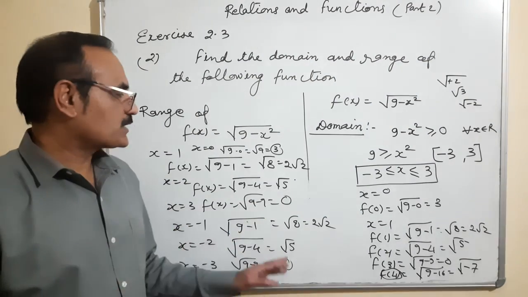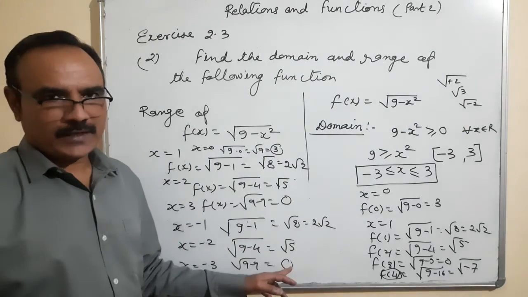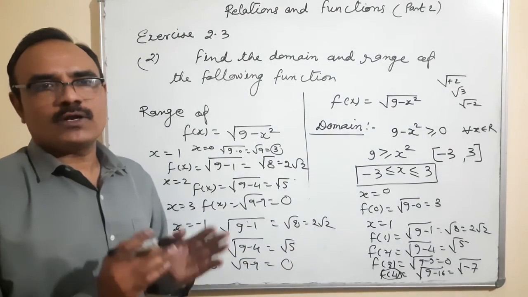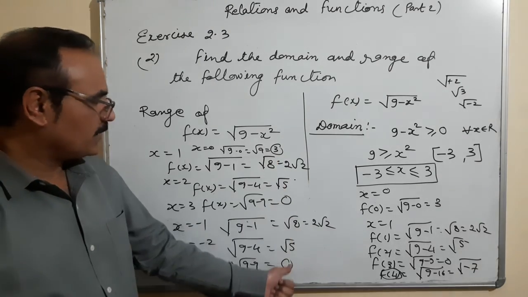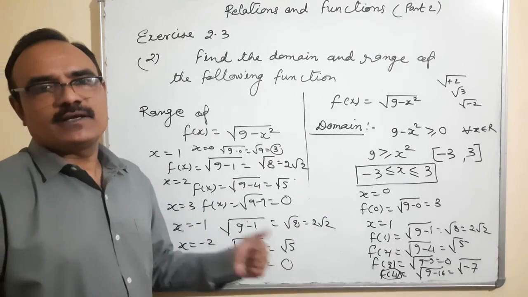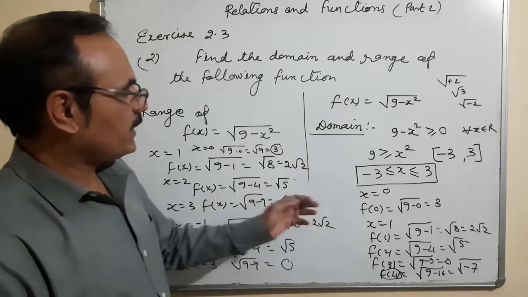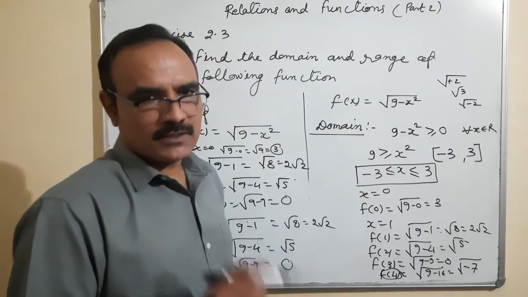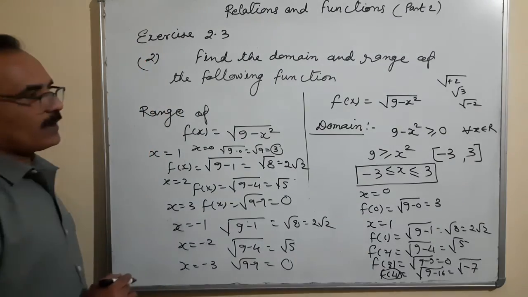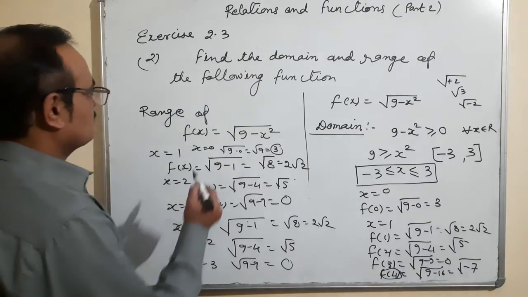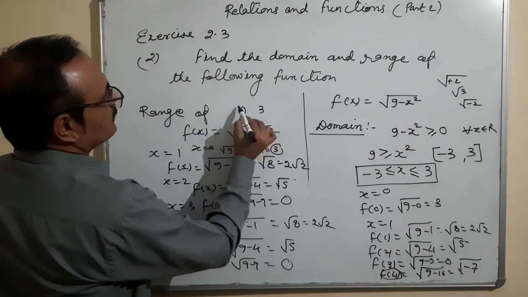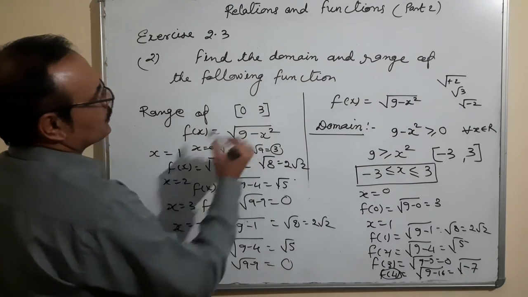Minimum value 0, maximum value 3, and one more, you can analyze one thing, that all the terms which are coming in it, all are positive. You are not seeing even a single minus sign in it. So what does it mean? The domain is from minus 1 to plus 1, but the range of this function is 0 to 3. What is the range? Range is 0 to 3, 0 and 3 included.